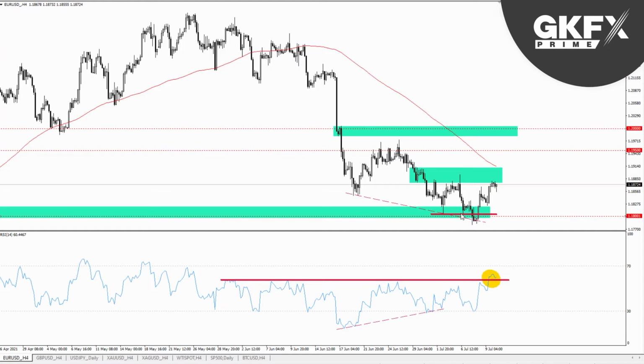The first sign is the bullish divergence with the RSI. We had to wait a bit longer than we thought with that. Then we had the false breakdown. Now we've had the move above the RSI resistance. We're not overbought yet, so this is not a done deal, but there are a few signs rising that euro dollar is potentially bottoming out here. So we're testing the supply area at the moment. Normally you don't want to be buying into a supply area, but it's starting to look like this 118 level can hold. And actually I seem to have lost it from the chart here, but I think the next demand